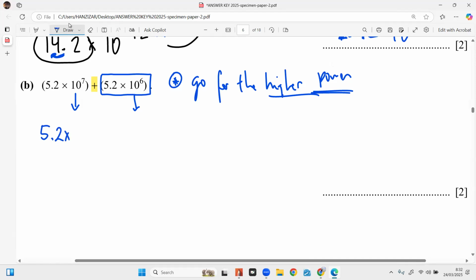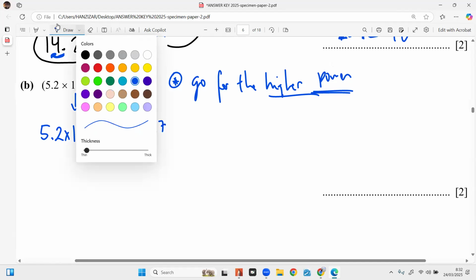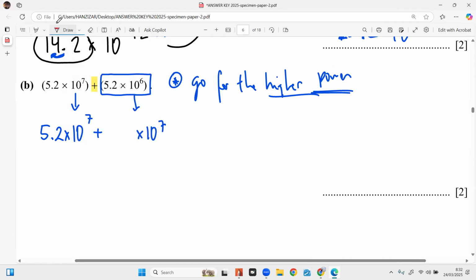Let it be times 10 power 7 plus, remember, something times 10 power 7. You are adding the power by 1. If you add the power by 1, you move the decimal to the left. If you subtract the power by 1, you move the decimal to the right. That's the compromising rule. You are going from 6 to 7, so you add 1. You're compromising the power to the left. 0.52. Then